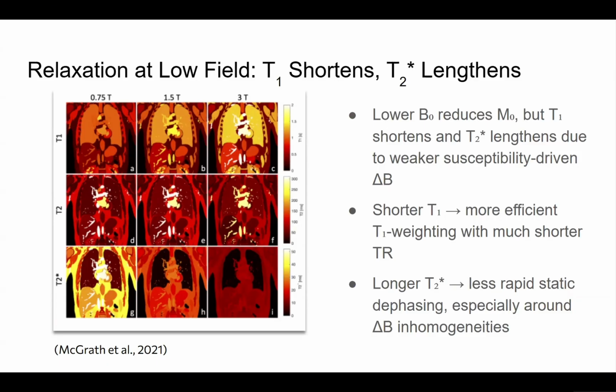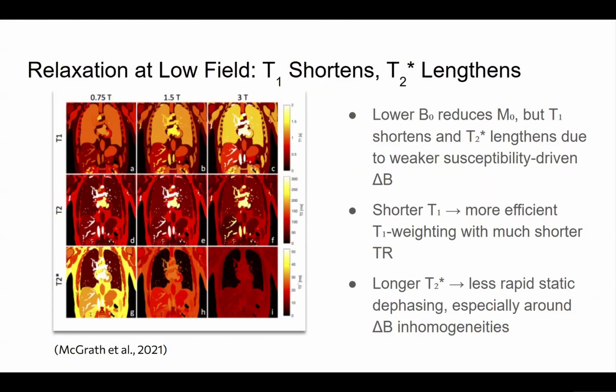Meanwhile, T2 is fairly stable, but T2 star increases dramatically because susceptibility-induced delta B shrinks with B naught. McGrath's simulations show orders of magnitude longer T2 star at low field for the same inhomogeneity. The takeaway is that low field MRI lives in a distinct relaxation regime. Shorter T1 and longer T2 star allow short TR sequences and longer coherence windows, meaning 64 millitesla is not just 3 Tesla but worse. It's a fundamentally different operating point in the Bloch landscape where the dominant relaxation processes and